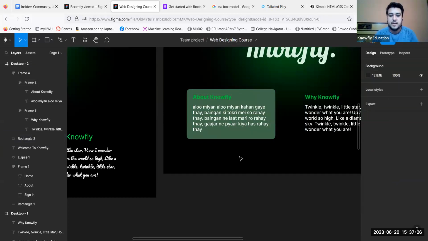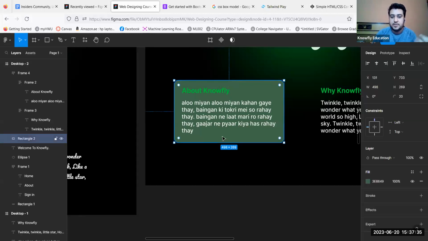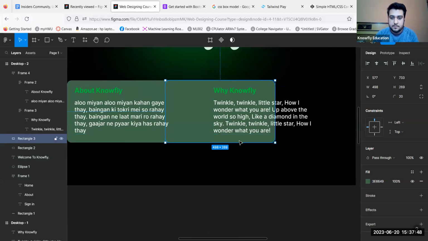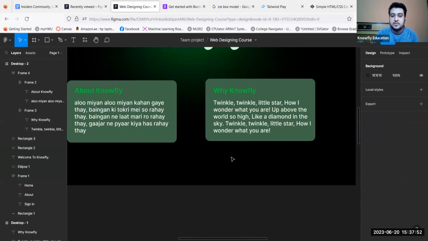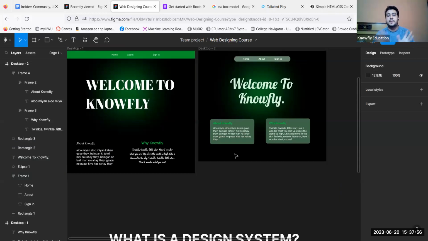If I had this sort of About Knowfly thing in a box, I would also include this whole thing, this whole card as we say, in a design system, because we are going to use it multiple times. We are going to also use it here, and all these similar headings and paragraphs. So anything that is repeated a lot,